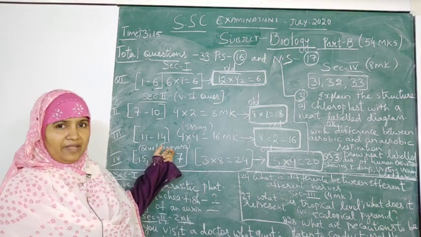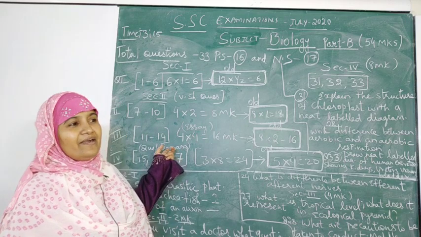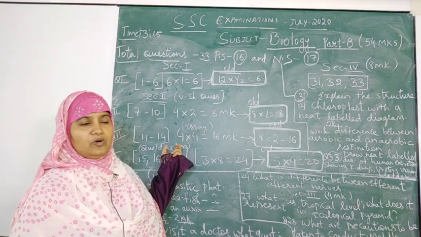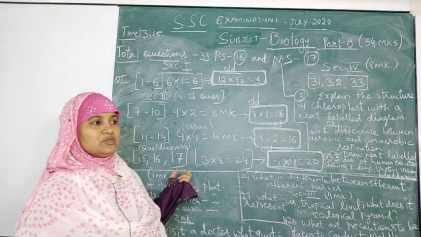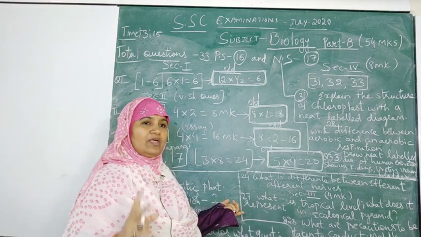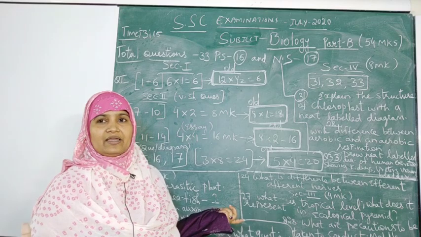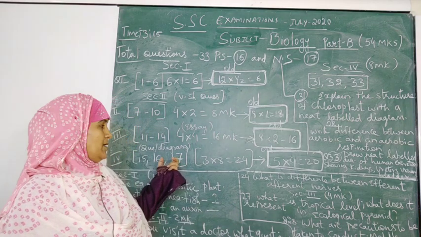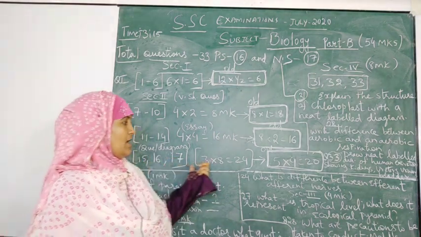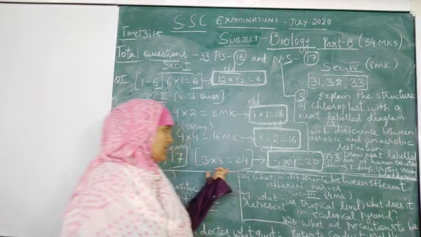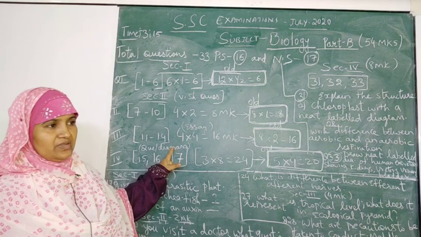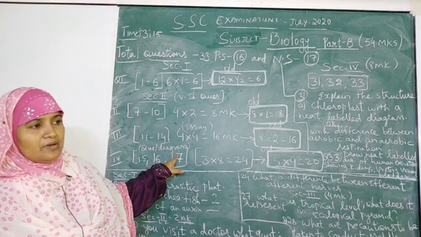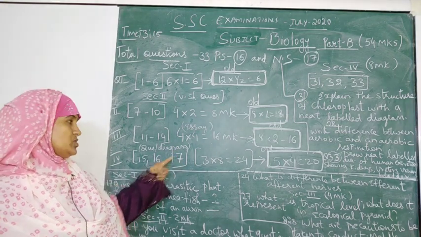You can take good advantage of that, and you can secure marks by drawing a good, beautiful diagram, because it is only a diagram question. You need not describe it. If you are well versed or have practiced well with diagrams, you can easily score 4 marks. So this is section 4, and you can easily secure marks. This new question that is given, the 17th question, is really a beneficial and advantageous question for us.